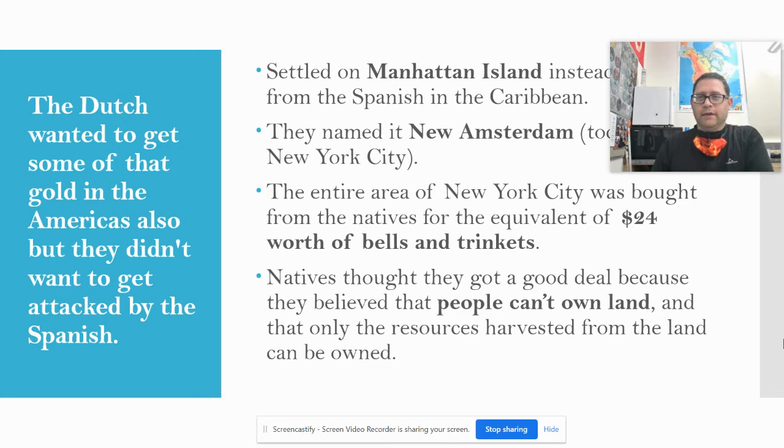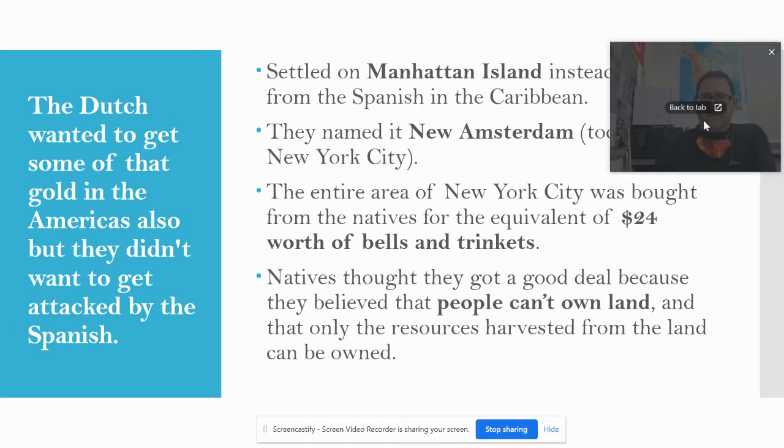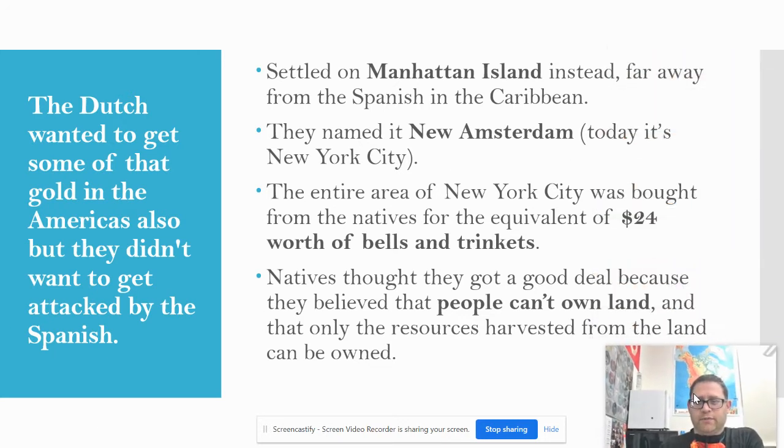Oh my gosh, this screen is always in the wrong space, so we're going to bring it way down here for now. Okay, the Dutch, they want part of the action as well, and you might remember that from your map. The Dutch is that little purple banana shaped area up there in New York City, or where New York City is today. It wasn't New York City then, but this was the first colony in New York, where New York City is. The Dutch are not super powerful.